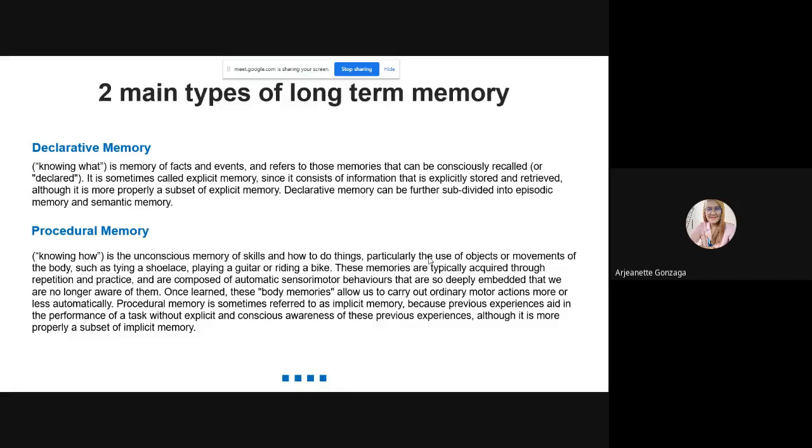So once learned, these body memories allow us to carry out ordinary motor actions more or less automatically. So procedural memory is sometimes referred to as implicit memory because previous experiences aid in the performance of tasks without explicit and conscious awareness of these previous experiences, although it is more properly a subset of implicit memory. So,